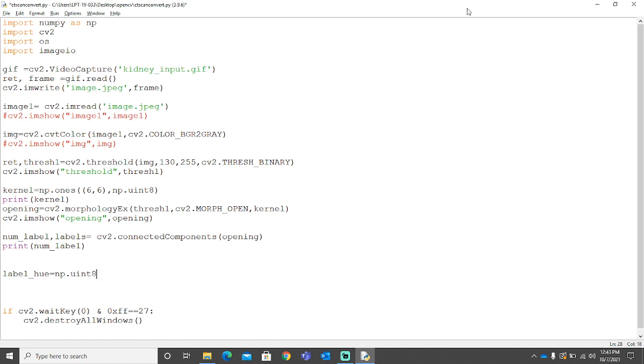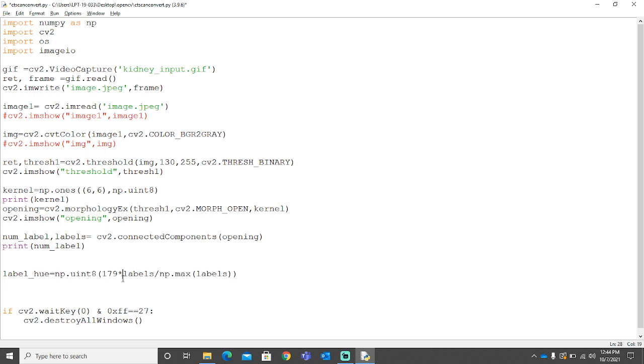If you don't know what HSV values are, again, Google search is the best. HSV values are basically different shades of a specific color. Now here what we are doing is giving different intensity values to different label numbers.